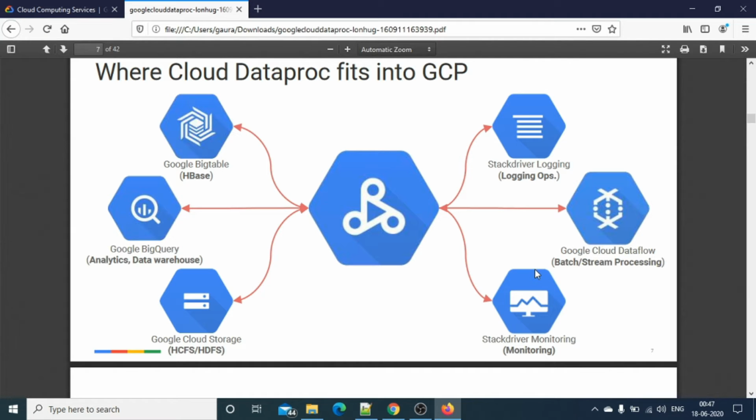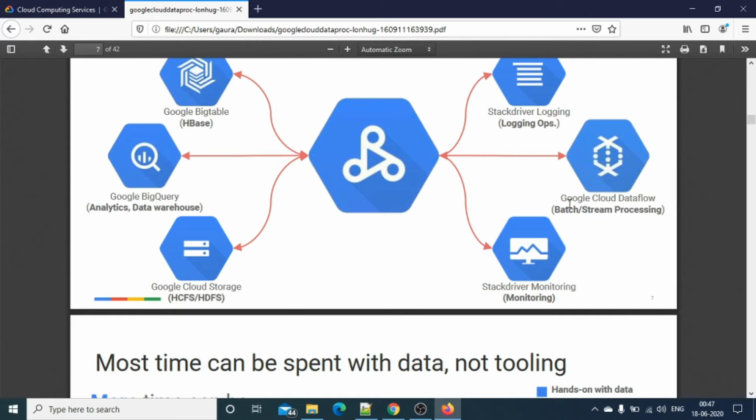You can stream the data from different sources using Google Cloud Dataflow, which is nothing but an integrated service with Dataproc. So it's up to you. If you want to use it, you can. Otherwise, it's your choice, so it's optional. But yes, there are lots of tightly coupled services which provide fast access to data and high scalability.